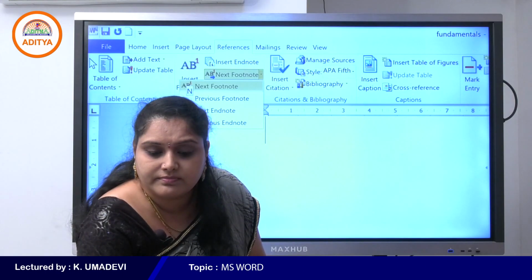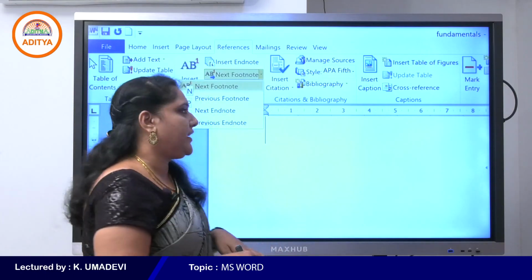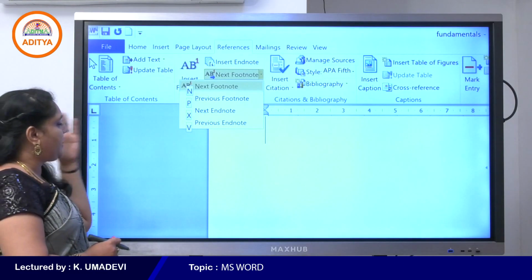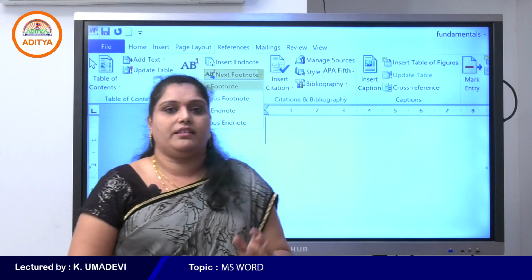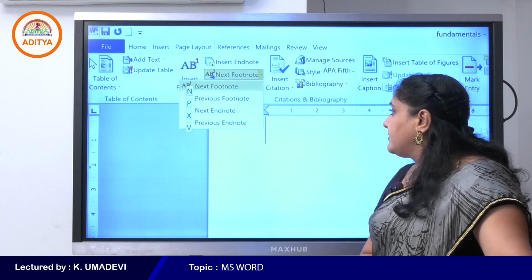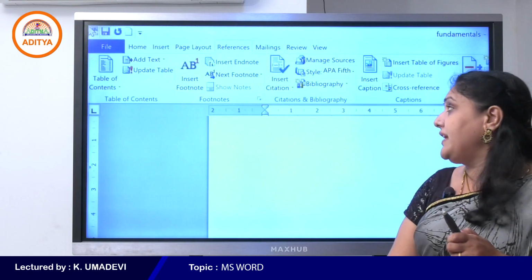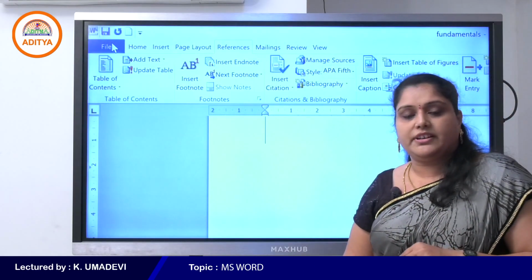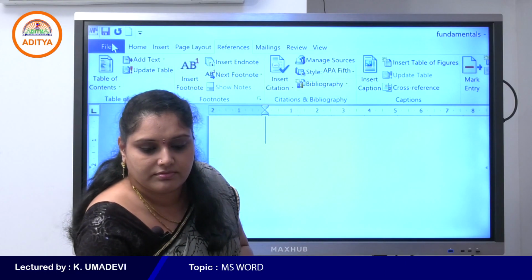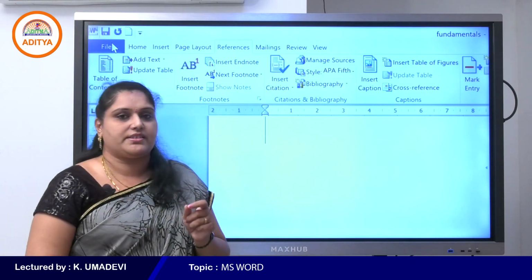Clear, students? So what is the use of F10? F10 is used to navigate a file. Here file means we can easily work with the document without remembering the individual shortcut keys. Simply press F10. Clear? Again press F10 to deactivate. Okay? So first put the cursor position on your document and then press F10. Clear, students? Is it clear to you all? So these are the various shortcut keys.